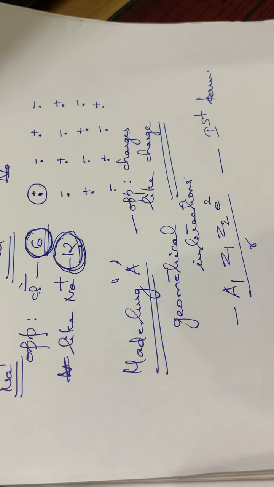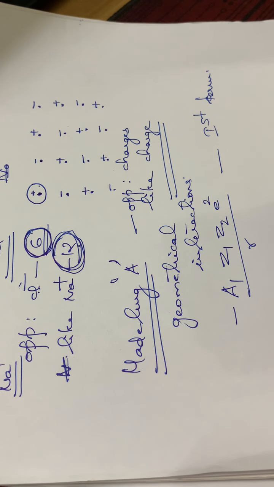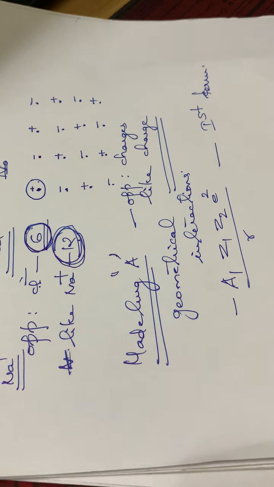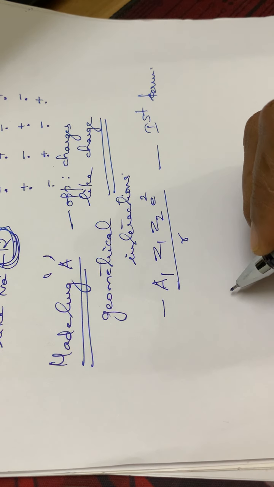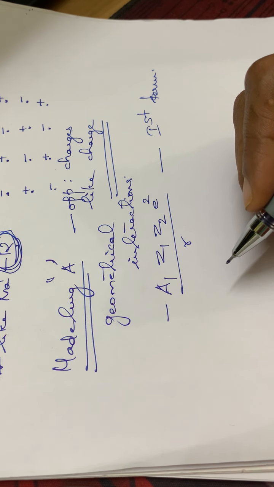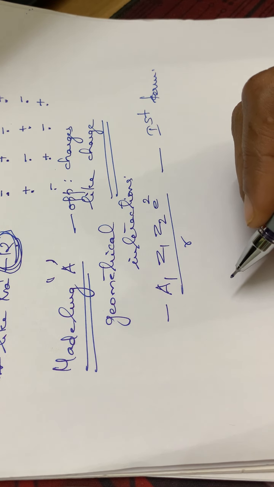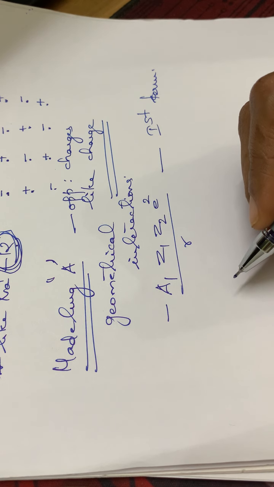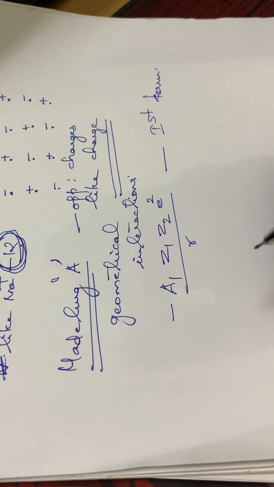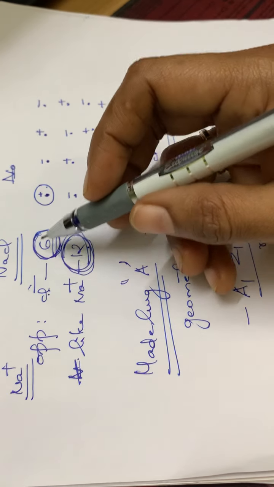And then regarding the second term in the Born equation, that is the repulsive interaction. Here this repulsive interaction is the repulsion between the anions and cations due to the mutual repulsion between the electron clouds, isn't it? And this term is inversely proportional to r raised to n itself, isn't it? B e square divided by r raised to n, that is the second term. So the repulsive interaction, the neighboring oppositely charged ions, how many will there be? 6, isn't it? 6 oppositely charged Cl minus are there.